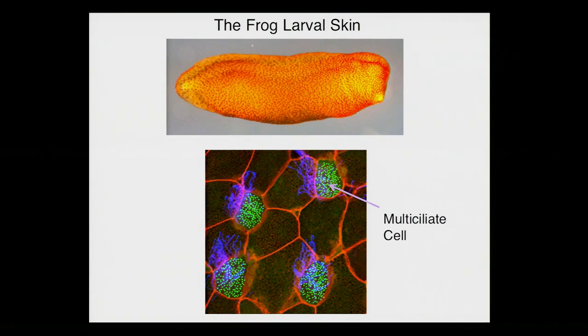Now, we took this problem on 5 years ago, and we were looking for an experimental model where we could study multiciliated cells. And the model we came up with is shown here, which is the frog larval skin. And you might ask me, well, why is that a particularly good model? Well, frogs develop outside the female,